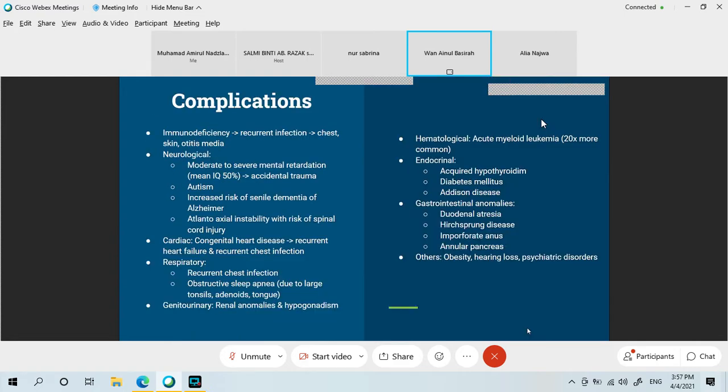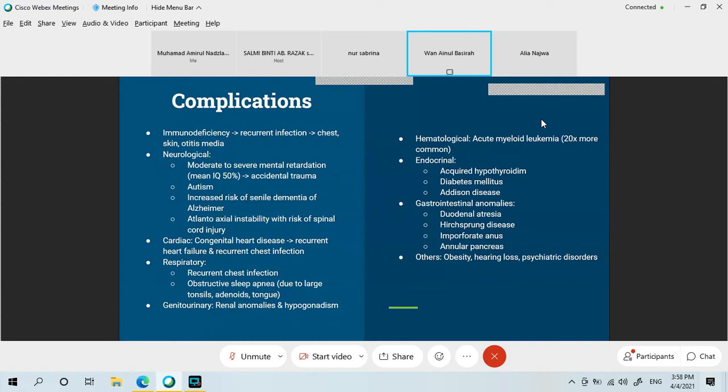So these are the complications. Okay, the complication like immunodeficiency, the patient will have recurrent infection on the chest or skin, otitis media. And then, if you look, even to manage otitis media, there is certain info for patients with Down syndrome on how to manage them. So for the neurological, the patient will have moderate to severe mental retardation, which can be due to the accidental trauma, autism, increased risk of senile dementia of Alzheimer, atlantoaxial instability with risk of spinal cord injury, and